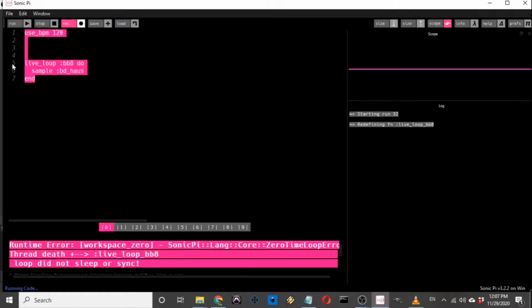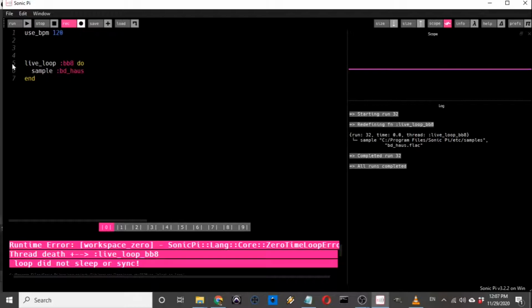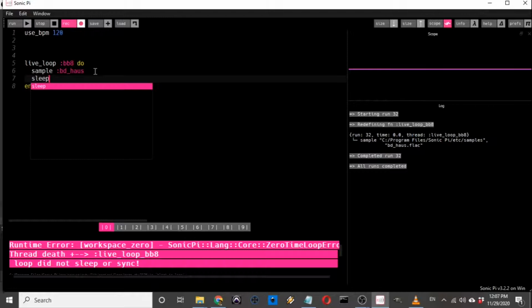What is going to happen? It says loop did not sleep or sync. This is an important one. Whatever live loop or function you have running has to have some sleep time. And like I said, always keep the sleep time total 1, 2, 4. If you remember the second rule of sleep, 1, 2, 4, 8, 16, 32, and all that.